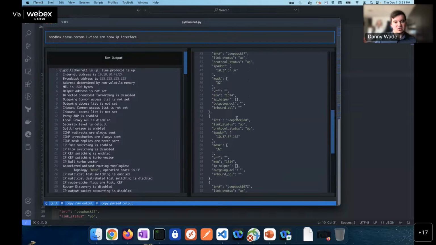In this case, it's actually a little easier to read. However, there is some more data in here. So for example, IPsec being enabled, that's not shown in the parsed output, right? So there are different things depending on how the parser was built that may not be shown. But to show you what this looks like real quick,